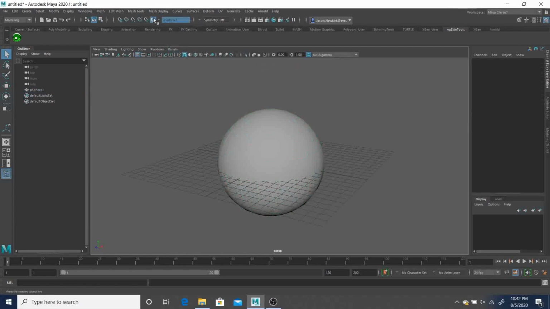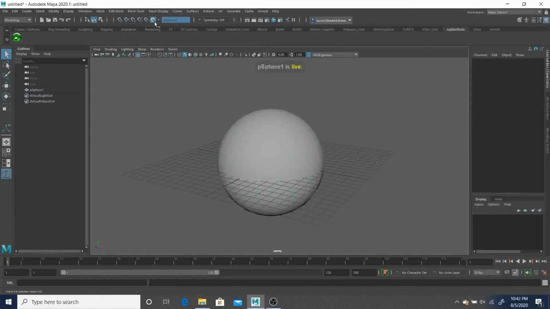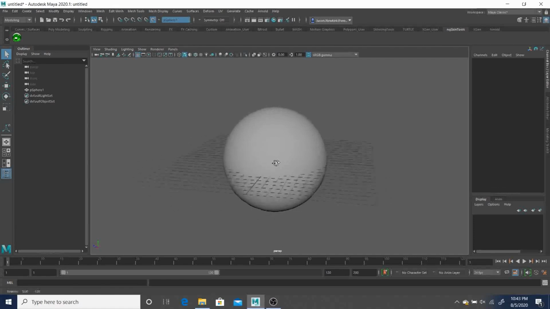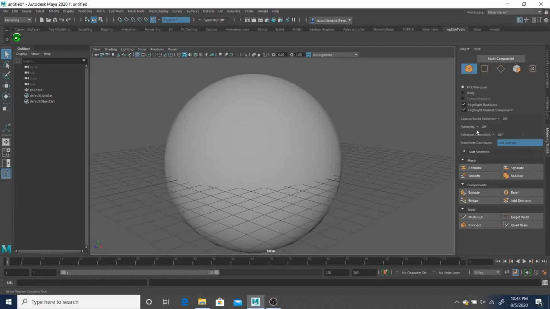So this right here makes the selected object live. You click on the object, then you click on this little magnet, and you can see that this blue makes it live, which is basically unselectable now. So this is just a live object that we can make our changes on top of. So with the modeling toolkit,